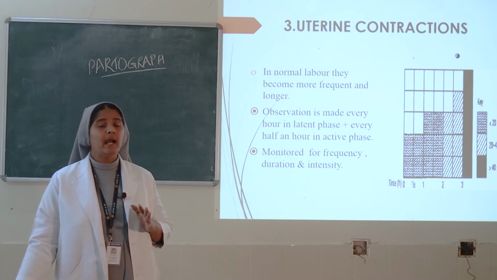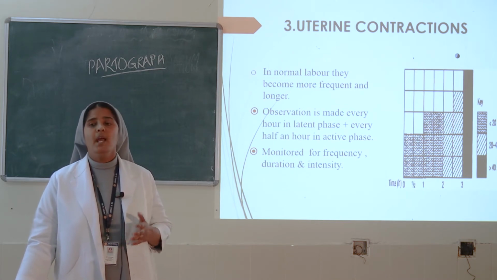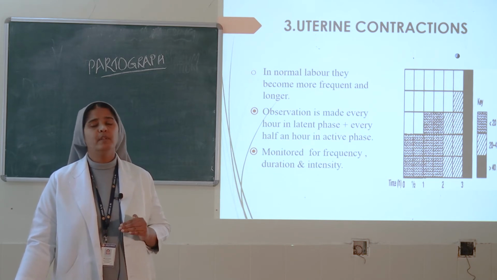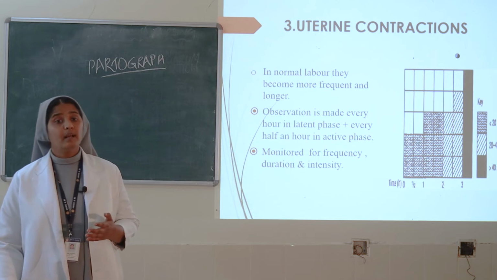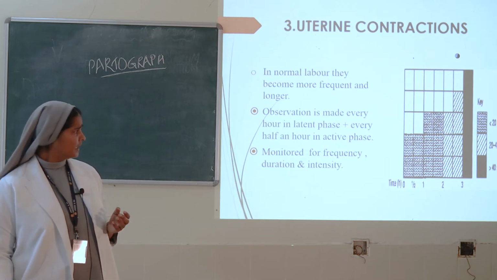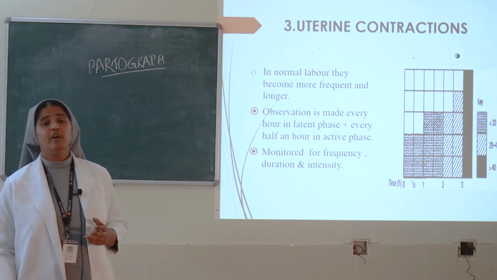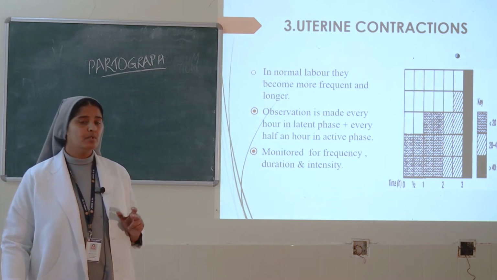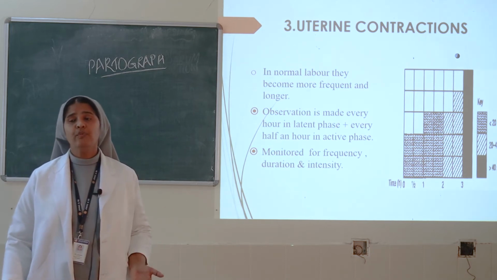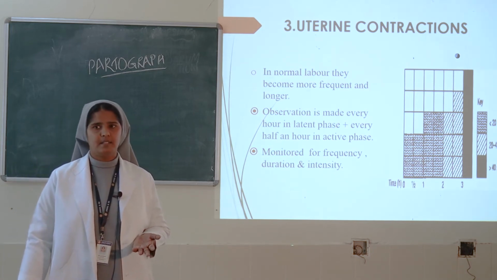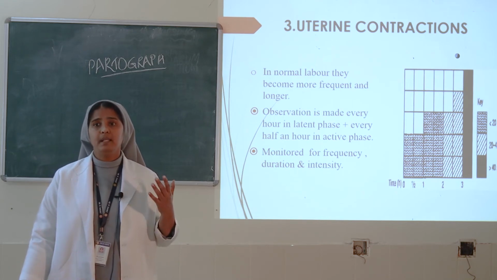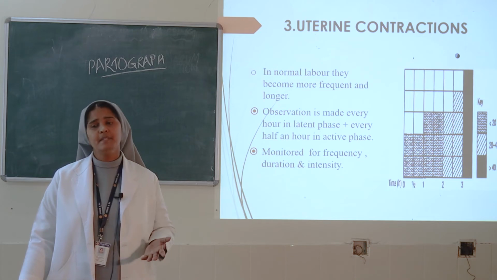The uterus will be hardening, that feel we will be having, and continuously for 10 minutes we should keep our palm over the abdomen and assess the pattern of the contraction. The contraction is usually monitored for its frequency, then the duration and the intensity. Frequency means how often the mother is getting the contraction. In a duration of 10 minutes, how many times the mother is getting